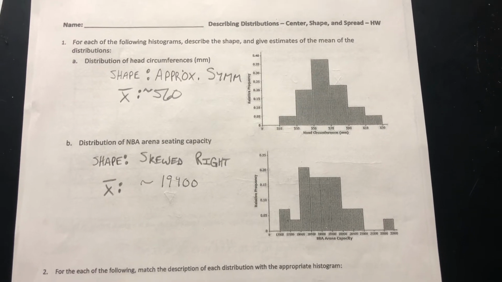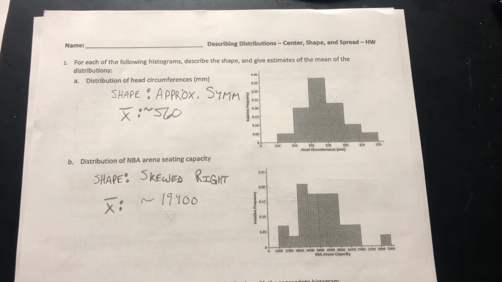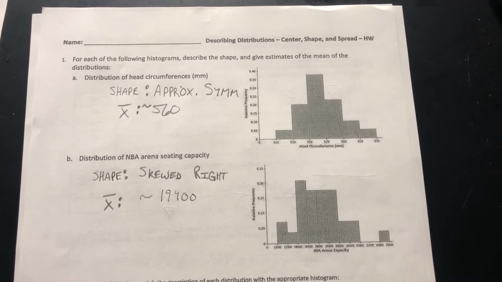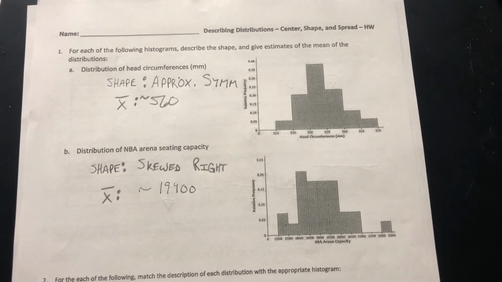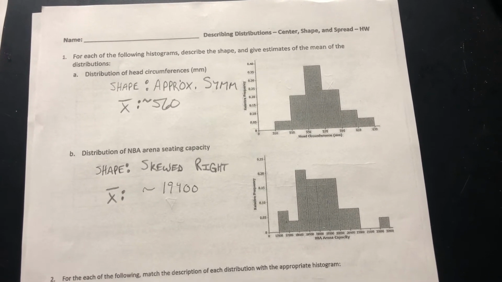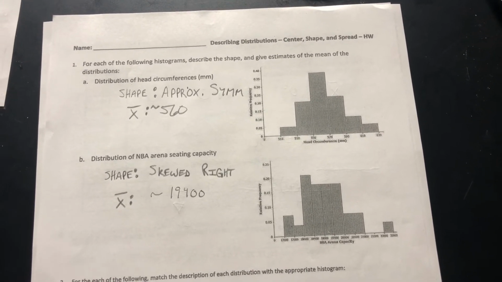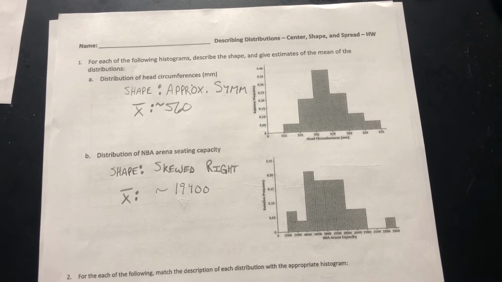Hello, this is day 2 homework for distributions. We are talking about and reviewing center, shape, and spread. We're going to be looking at a bunch of histograms as well as a dot plot. Starting off, number 1, for each of the following histograms, describe the shape and give estimates of the mean